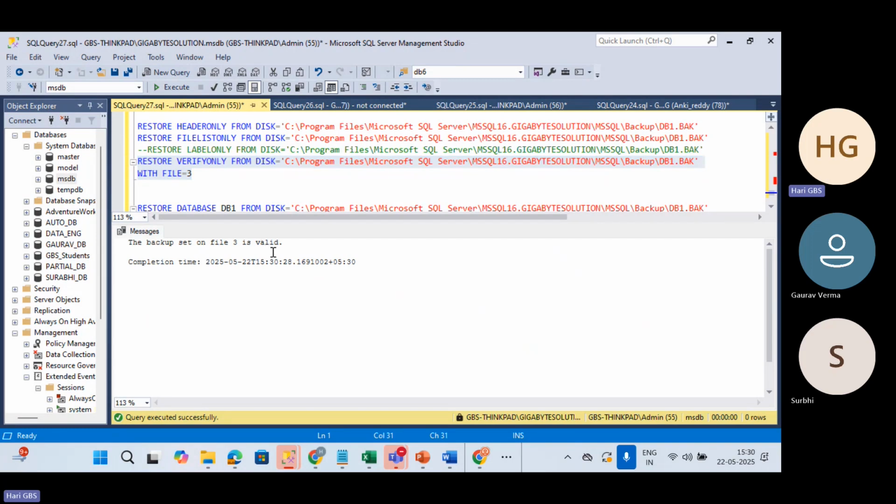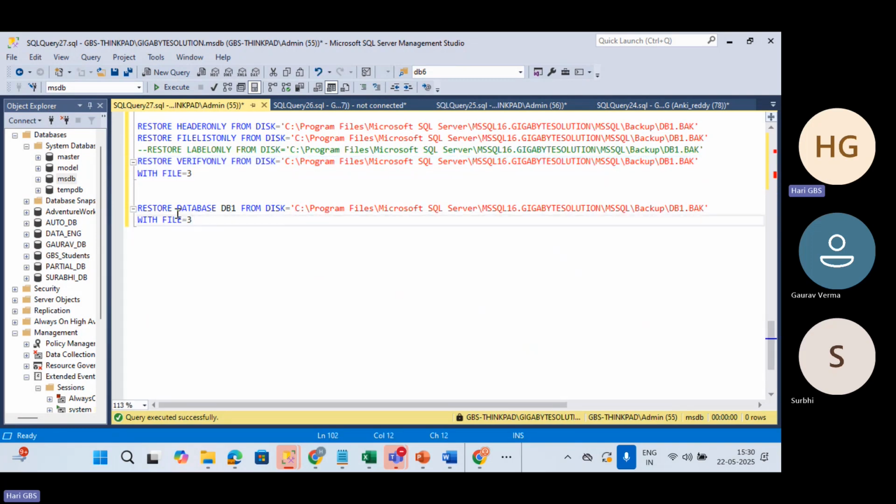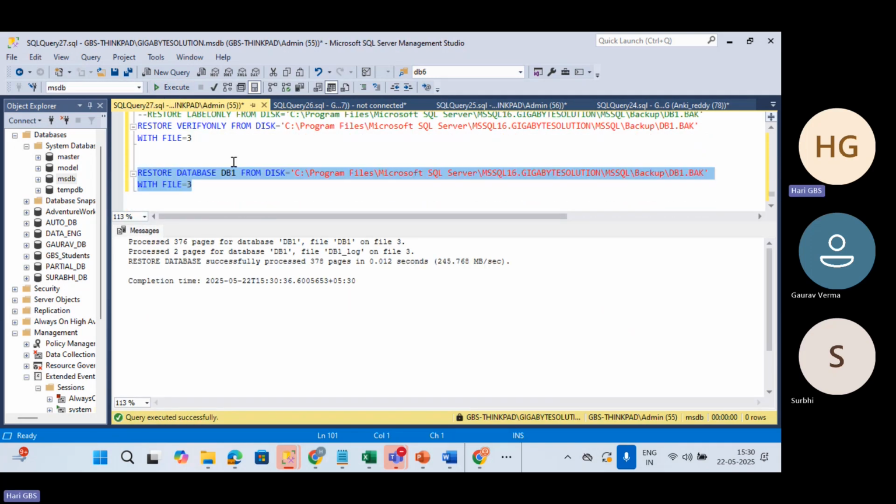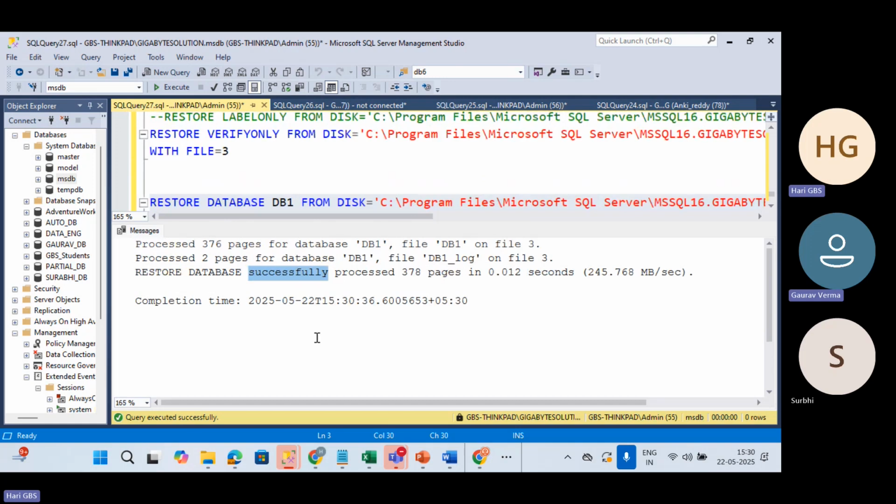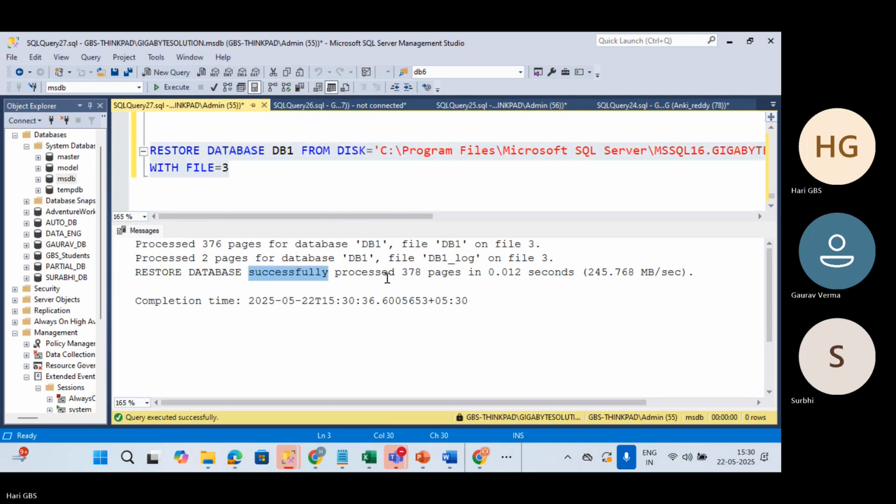Okay, this one is valid. Now come here. Everything is good. I am going to execute this statement. Let me execute this. Executed, right? What is the output message? Restore database successfully processed. It succeeded or not? Succeeded. Okay, fine. Now